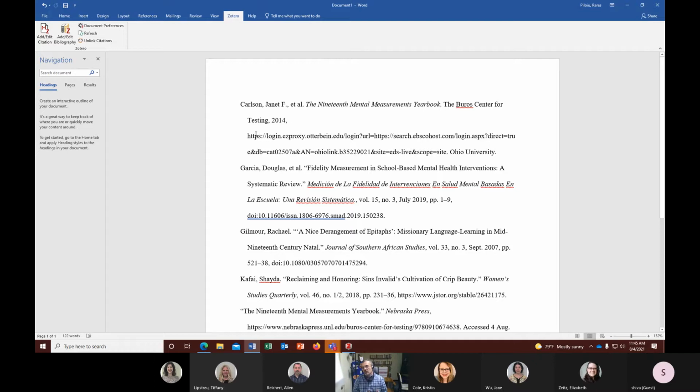Why is it important to talk with Word? Not so much for the reference lists or for the bibliography, but for the in-text citations, because it's a lot easier when you type in Word and you need to do an in-text citation to do so on the fly. So the